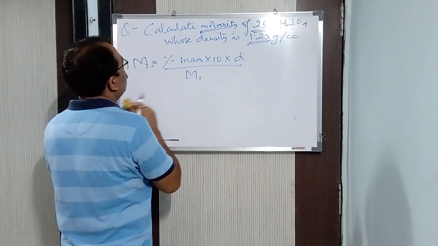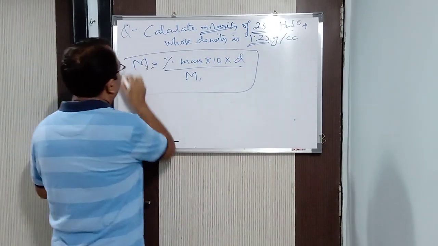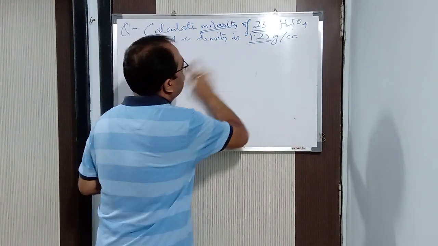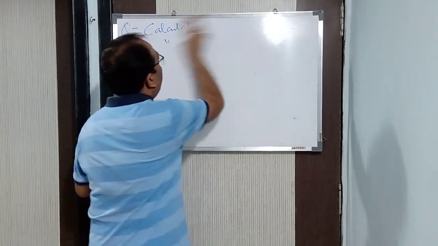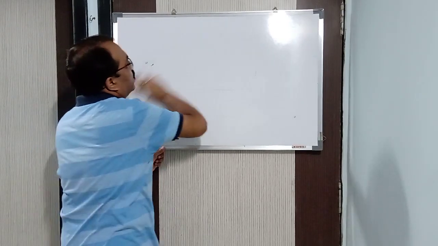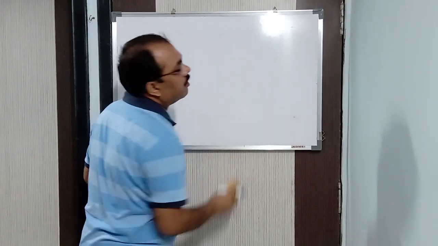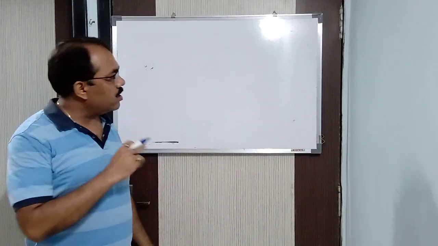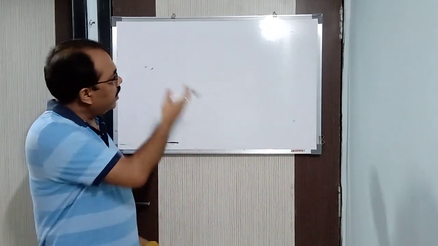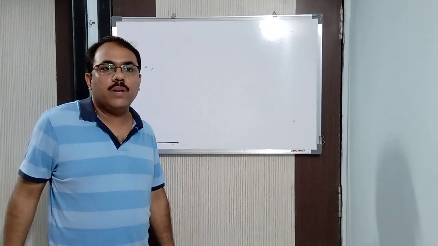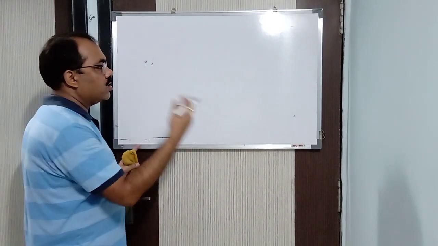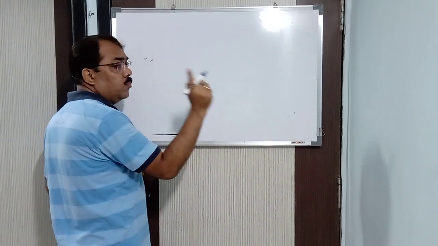Now, this is one question and formula, you got it. Understood now? Okay, fine. Next, we'll move to the relationship between molarity and molality. Here also I'll derive it, and then after that I'll write the relationship. You will understand how I am getting it. So I have derived one relationship, molarity and normality. I have derived another one: molarity is equal to percentage mass into 10 into density by molecular weight. Now I am going to derive the next relationship, molarity and molality.